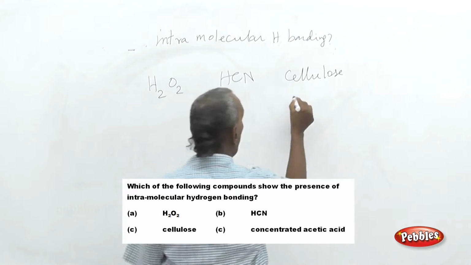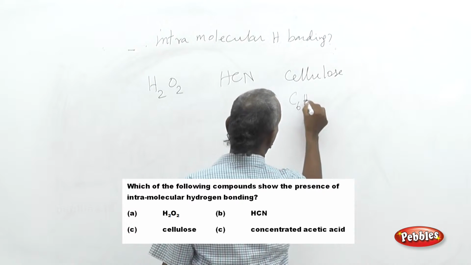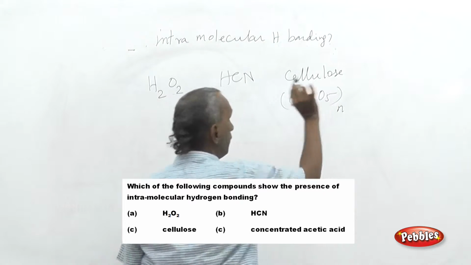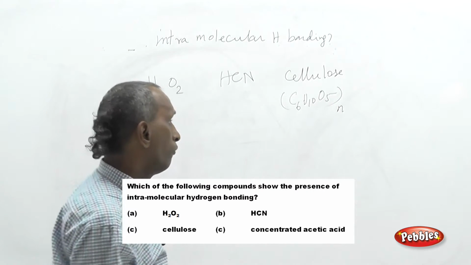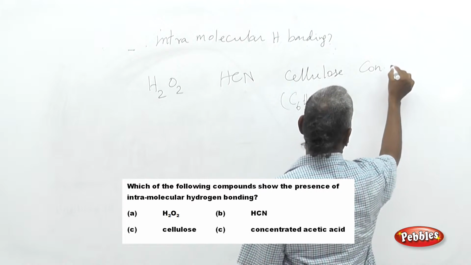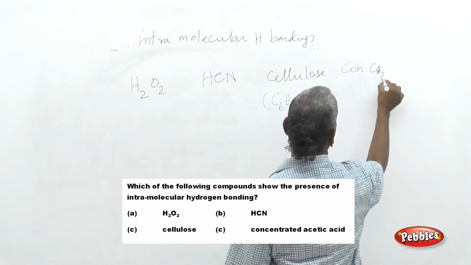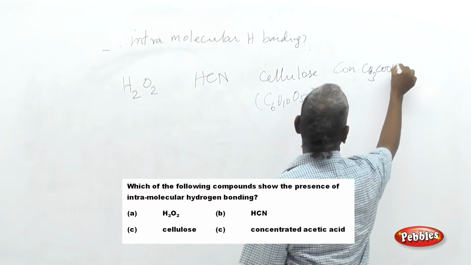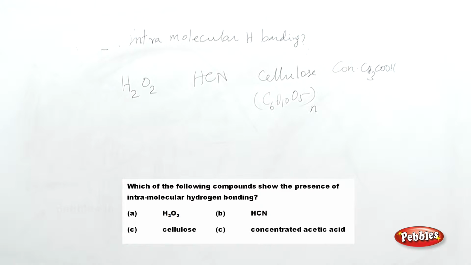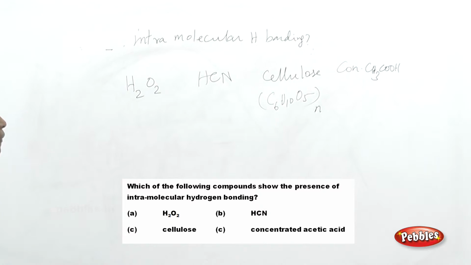The actual formula for cellulose is C6H10O5 n times, but here it is given only as cellulose. The fourth one is concentrated acetic acid, whose formula is CH3COOH. So the question is read once again: which of the following species contains intramolecular